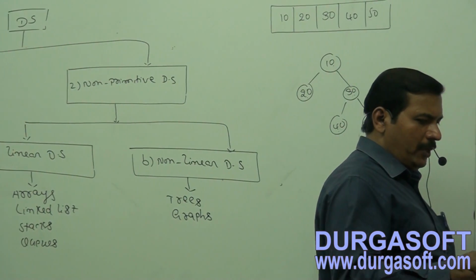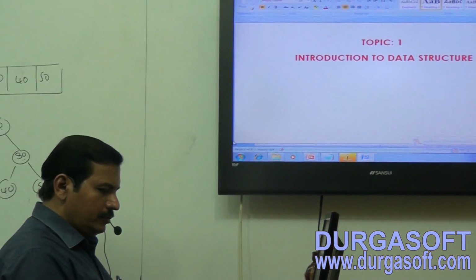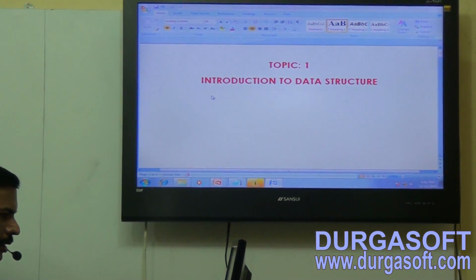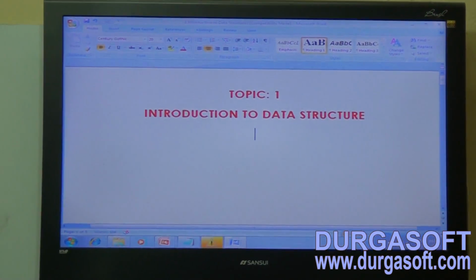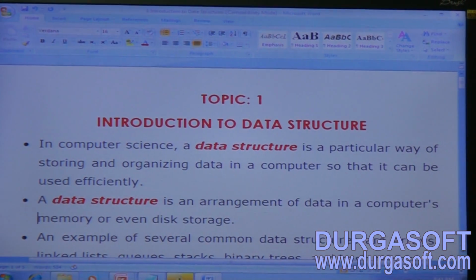Take down these few points related to introduction. Topic 1, Introduction to Data Structures. Take down these few points. First point,